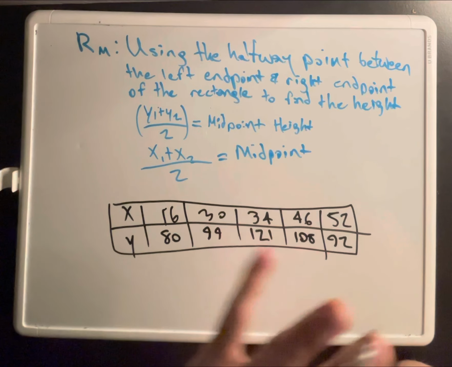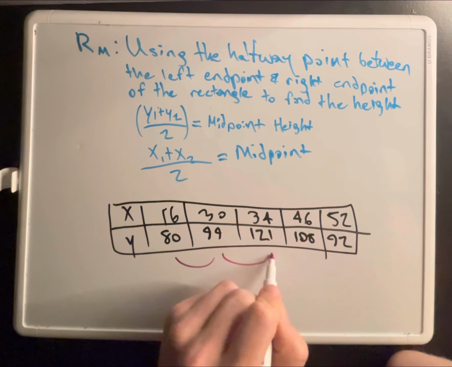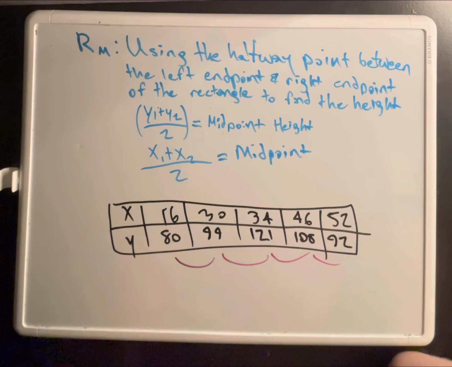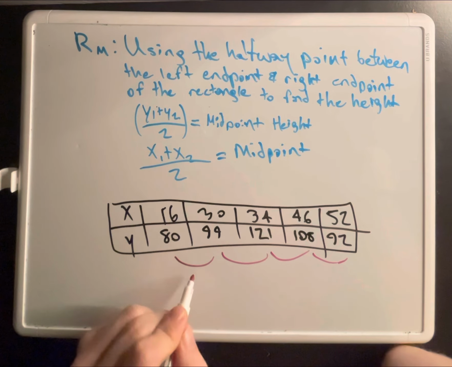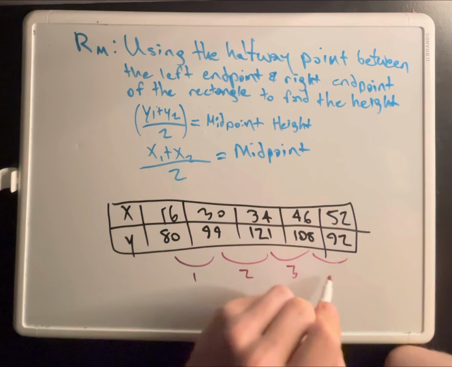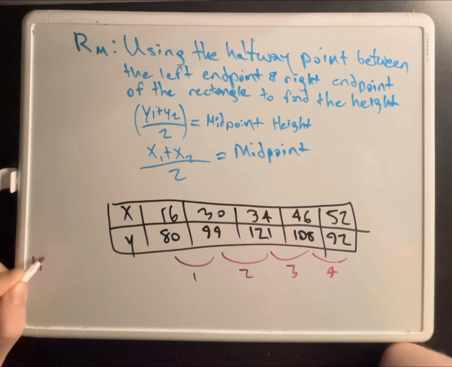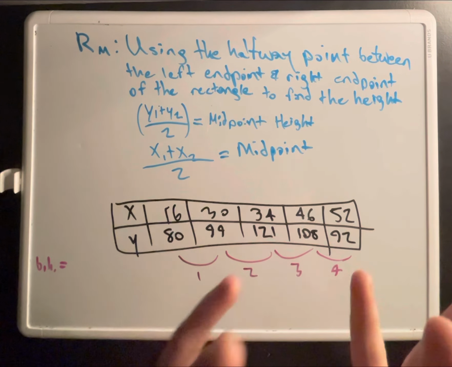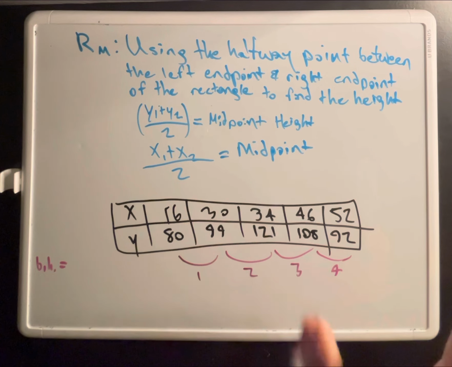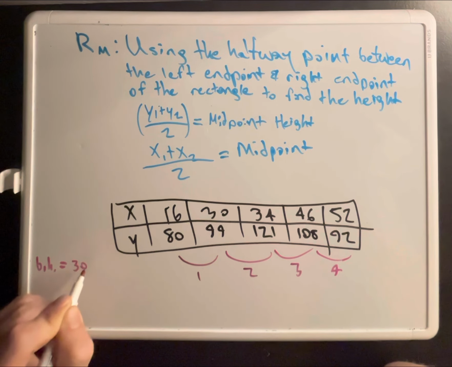So let's say it asked us to divide it in 4 intervals. We have interval 1, interval 2, interval 3, interval 4, subinterval, sorry, which is the same as the rectangle. So 1, 2, 3, and 4. All right, so let's just find base 1 times height 1 of this first one. So to find the base is normal, like the last two. You take x2 minus x1. So it would be 30 minus 14,